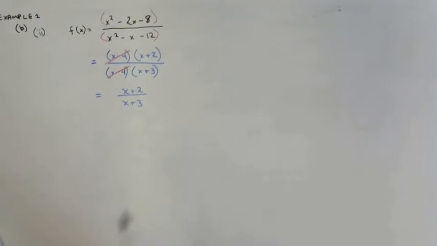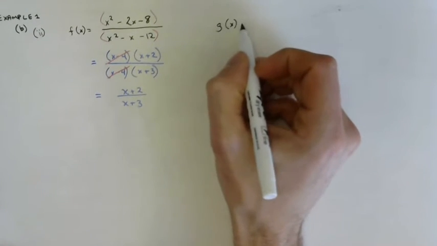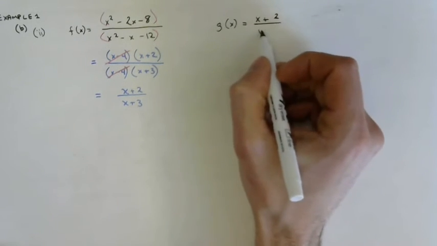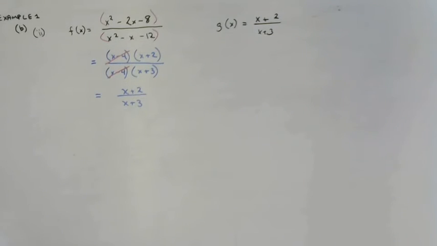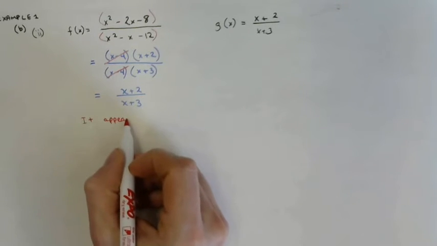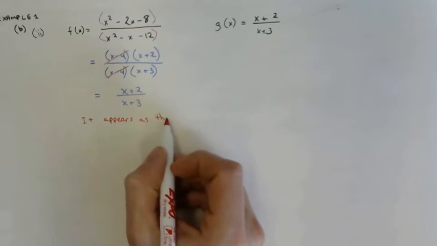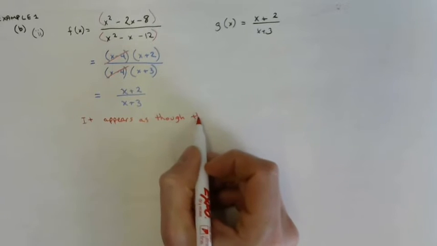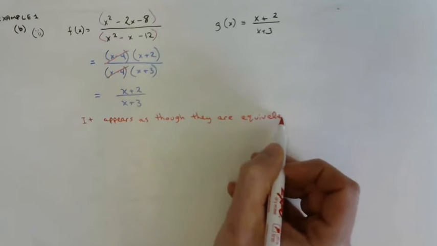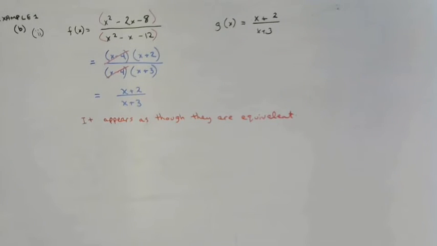Now, g of x over here is x plus 2 over x plus 3. Are they the same? Yes. Correction. They are equivalent. It appears as though they are equivalent. It appears. But